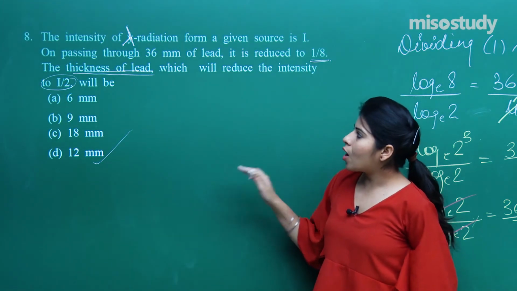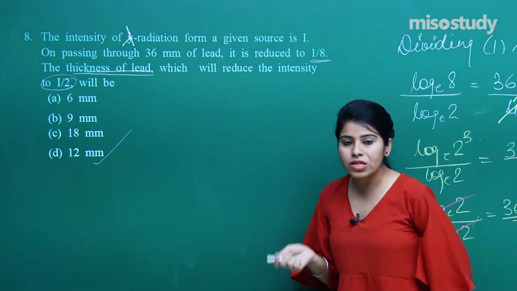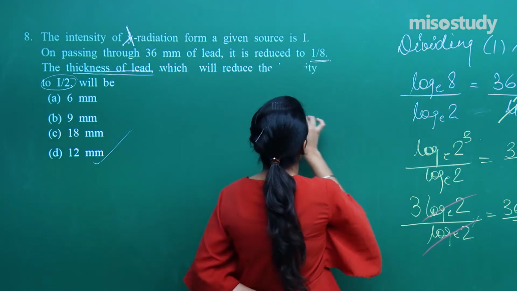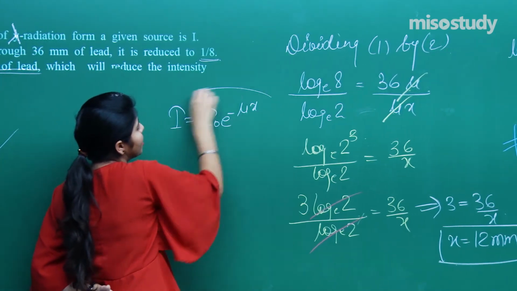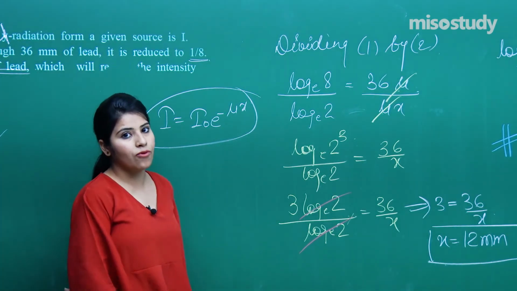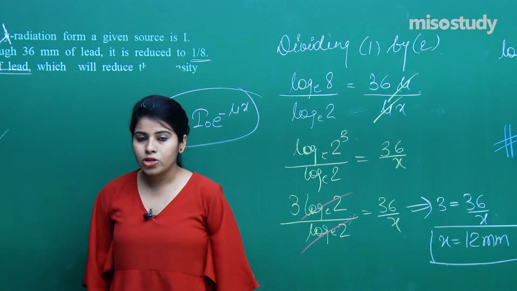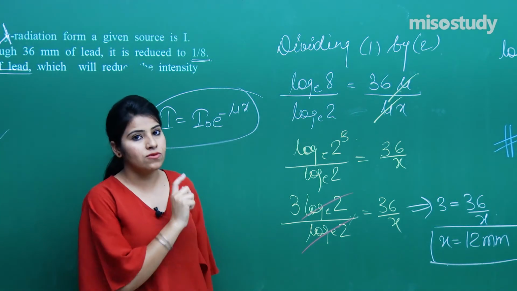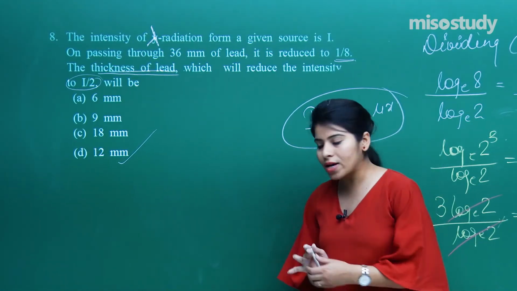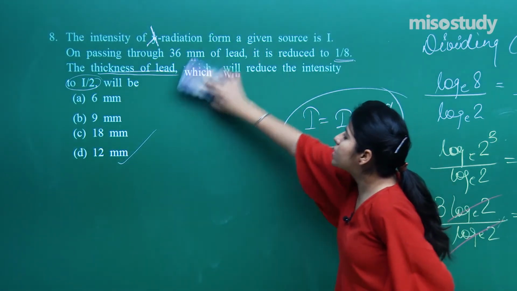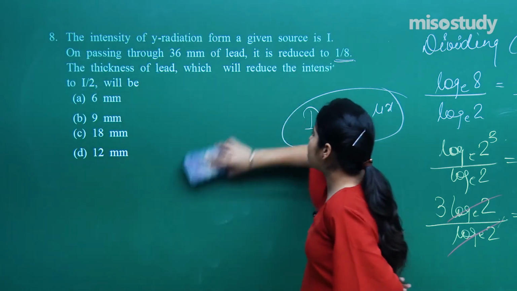Okay, so we are now done with this question, and the beauty of this question lies in this formula. So please remember this formula. Again, this formula is an important one. You can find questions based on this formula in your JEE Mains and Advanced, right? So we are done with this question, and now we will be moving towards the 9th question of this session.